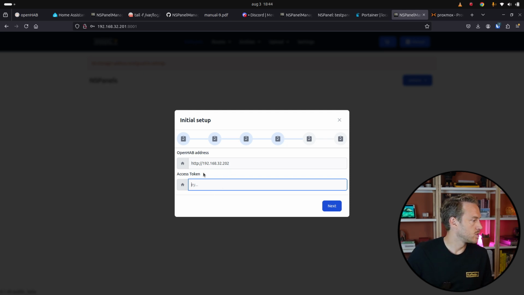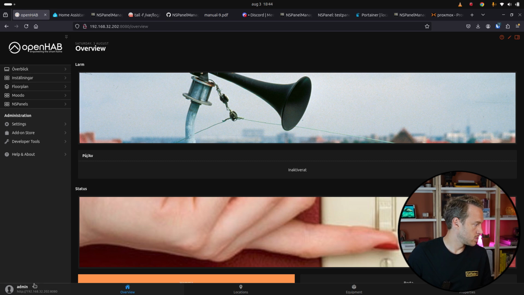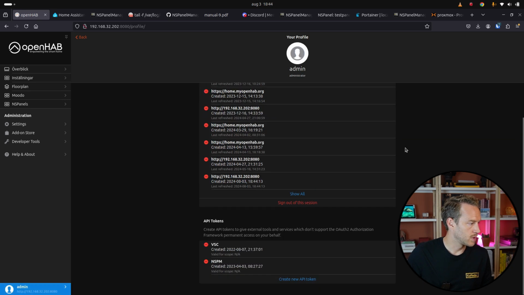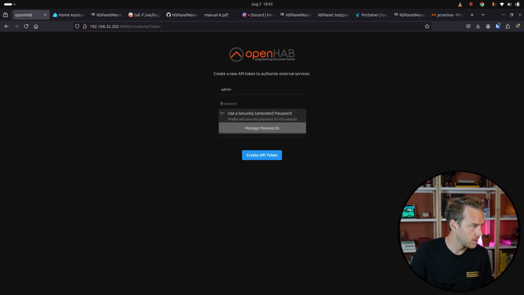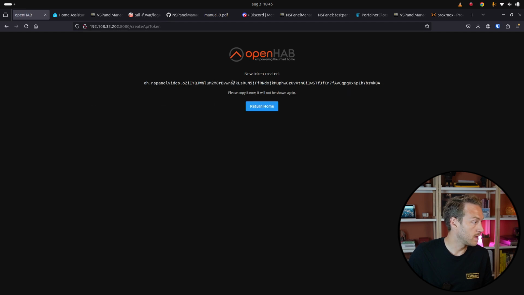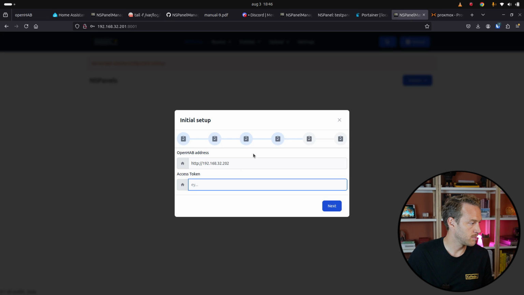And the access token. To get the token, we go to our Openhab server. Go down here. You have to log in first if you are not logged in. You scroll down and then you create a new API token. Put in your username, like that. And token name: NSPanel video. Create API token, and there you have it. Copy that, and it says please copy it now. It will not be shown again. Let's go back to the NSPanel Manager and just